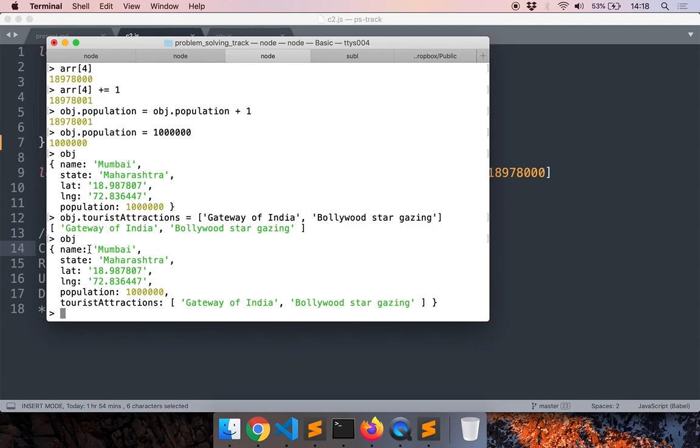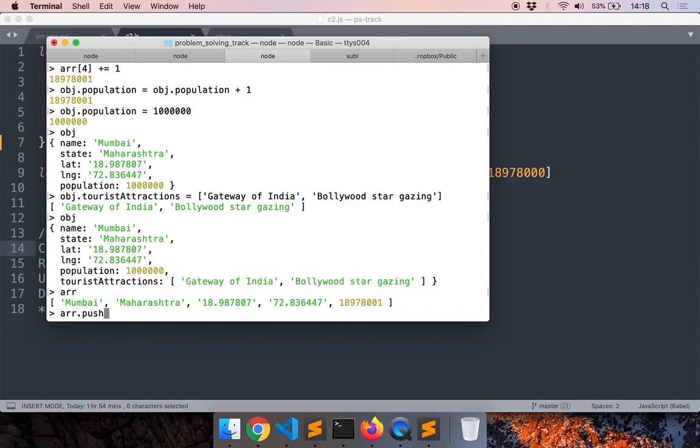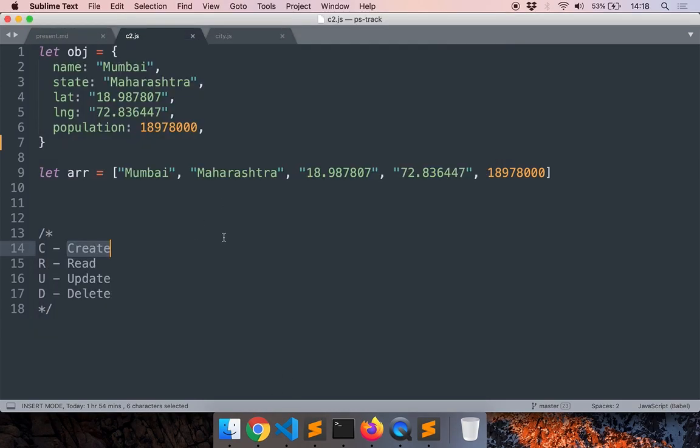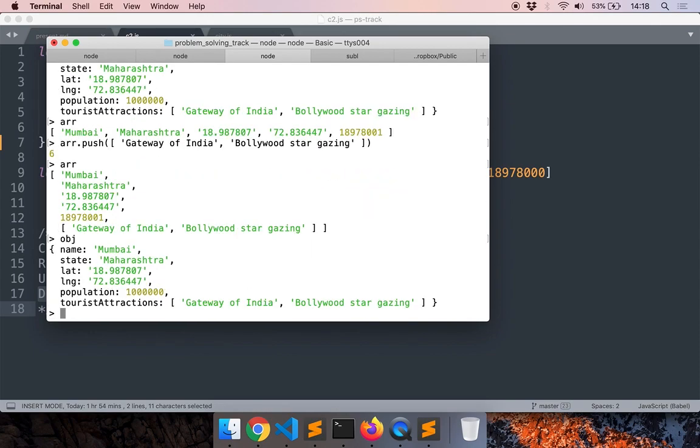If I want to do the same thing with an array, we will use the push method. So I can just add this new element to the array. And finally, we will learn about the delete operation.